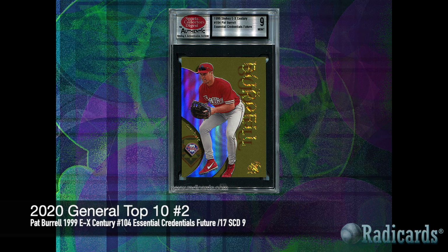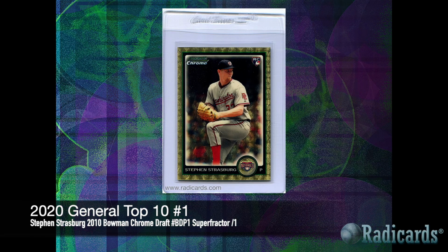All right. Number one spot goes to Steven Strasburg again. This is the 2010 Bowman Chrome Draft Superfractor, 1 of 1. It's not a proof or anything. This is the actual legitimate pack-issued 1 of 1. A gentleman pulled this card out of a pack when this product was released. It was obviously at around the same time this product was released, and it was on YouTube, and it was kind of a big deal, but it was a lesser